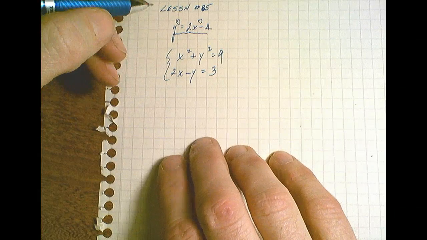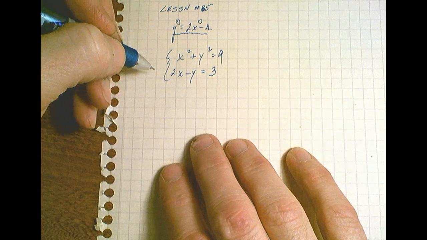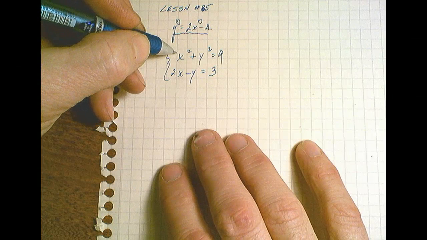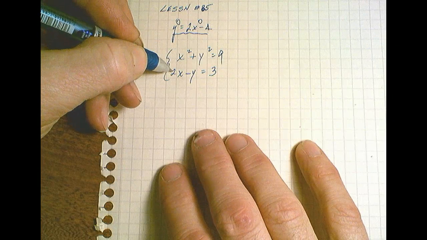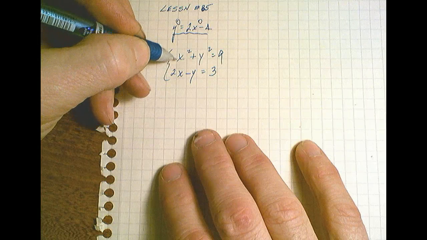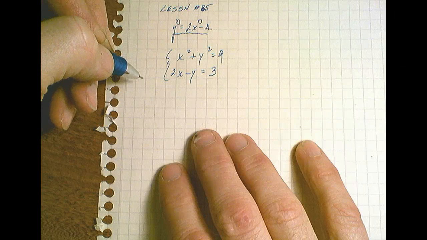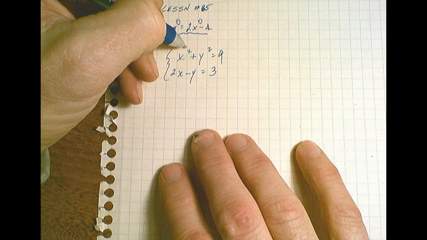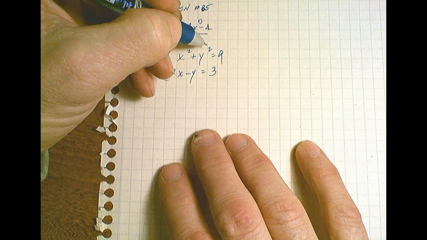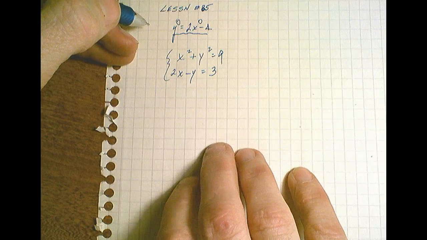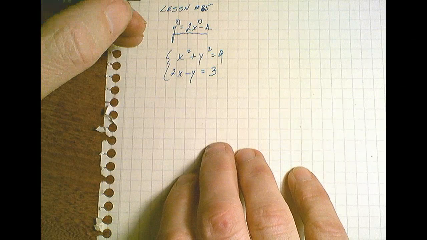Let's move this over a little bit, see if I can get it to show up better. Alright, so normally most of you are used to using elimination, where you multiply the top number by what you need here. So in this case, you'd multiply the top number by 2 or negative 2 to get the x's the same, so you can subtract them or add them and get them to be 0, and then you solve for y, etc. But these exponents up here cause you a great deal of grief, so you can't use elimination. So we're stuck with